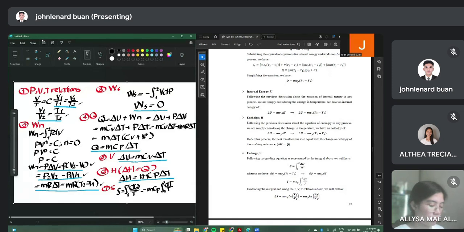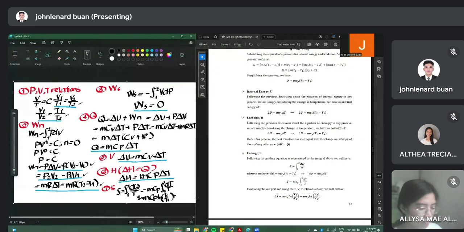Okay, ln of T2 over T1. Therefore, our equation for entropy is equal to mCp ln of T2 over T1. And then, evaluating and using the PVT relations above, we can also say that entropy is also equal to